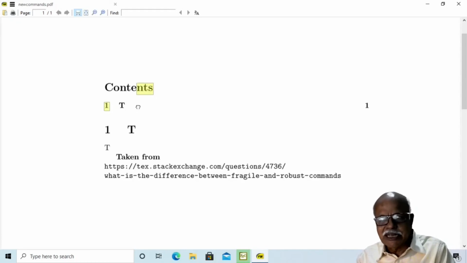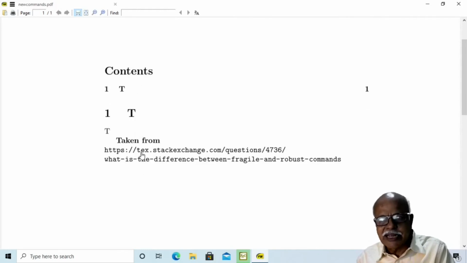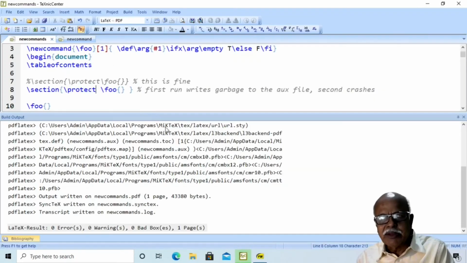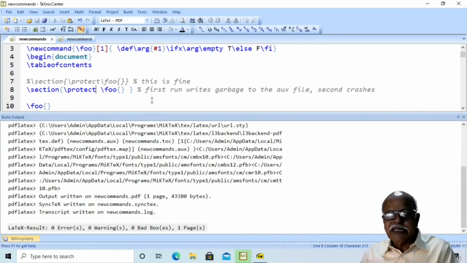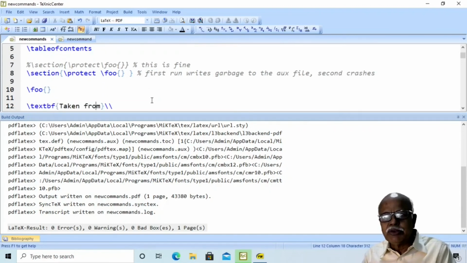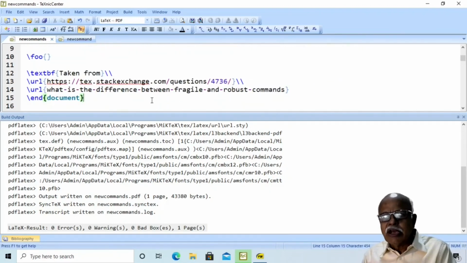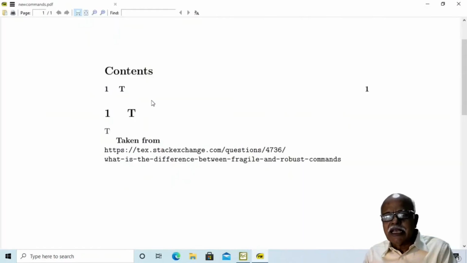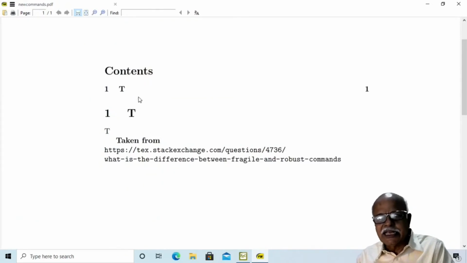The table of contents now matches that in the document. This I have taken from stackexchange.com. Now, if you want to avoid giving \protect for such fragile commands, you may use what are known as robust commands, and in that case this problem will not occur.